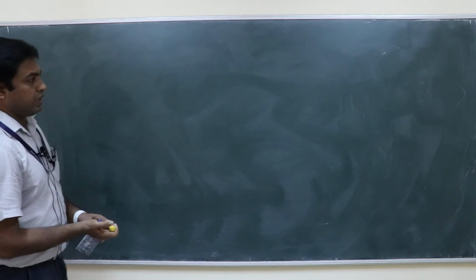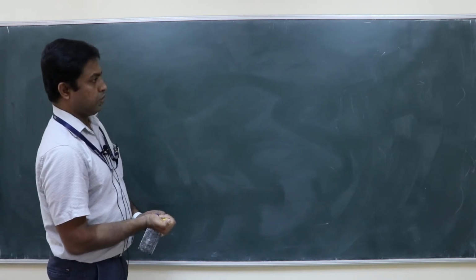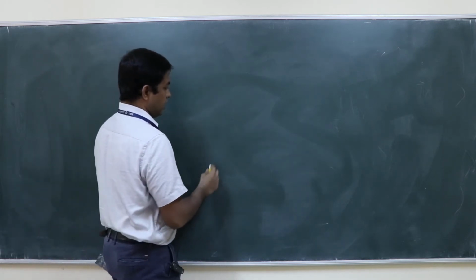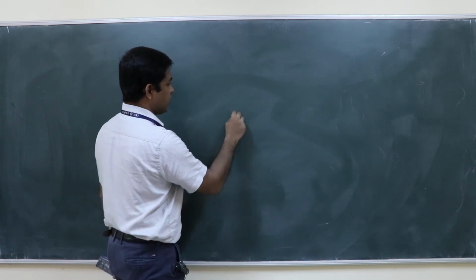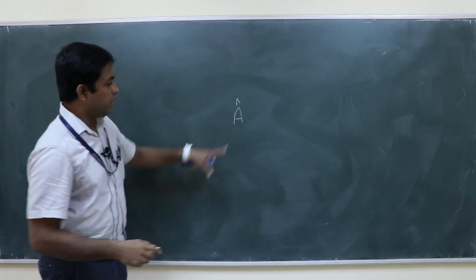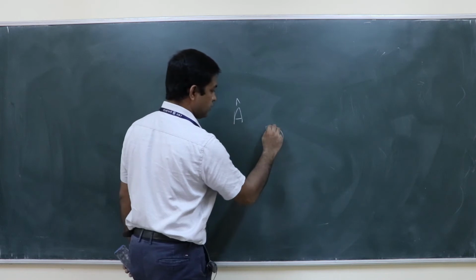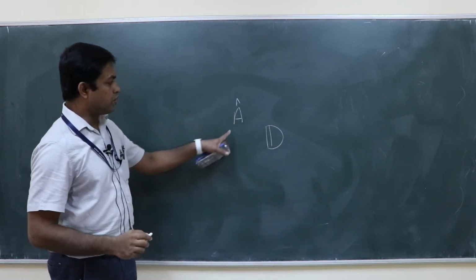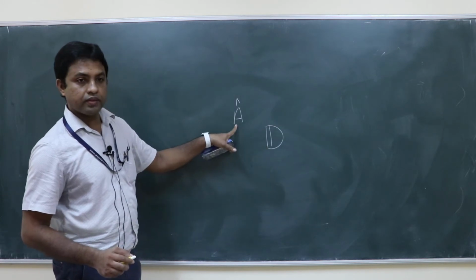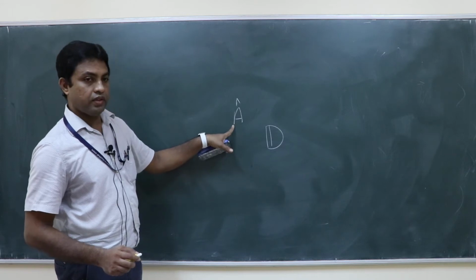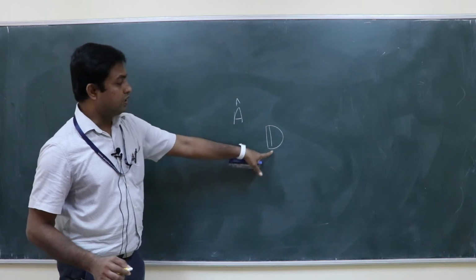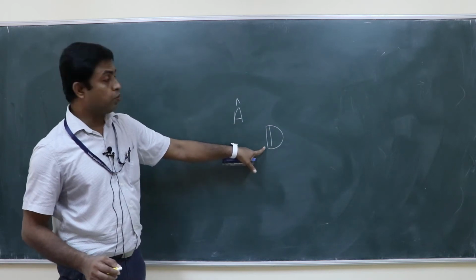So what is a linear vector space? That we have to understand. But before that, when will you say there is an operator and it is having a domain D, when will you say that the domain of this operator is dense? I want to say that this domain of this operator is dense. So what do you mean by that?